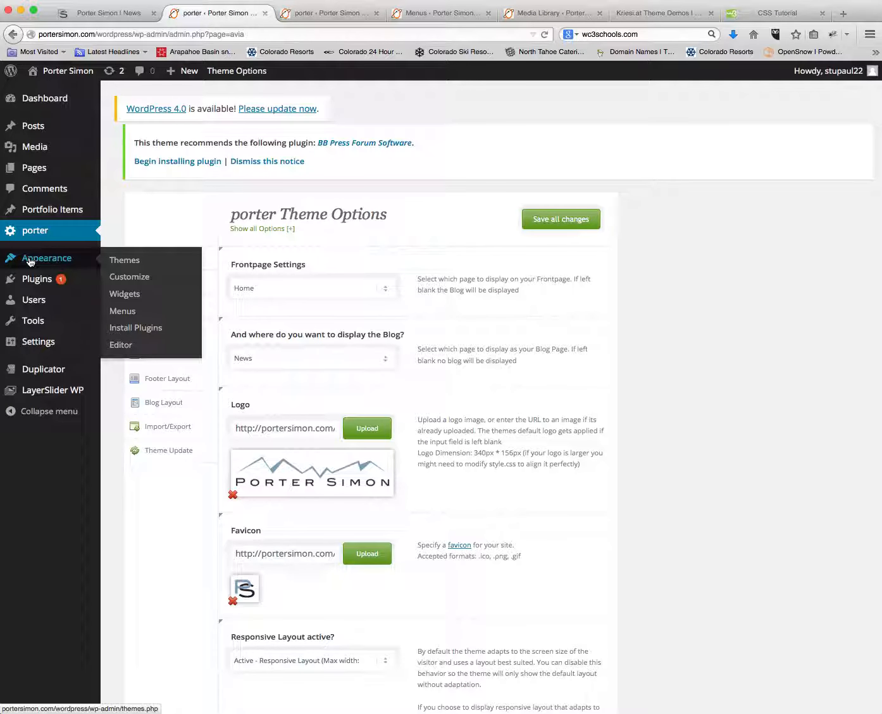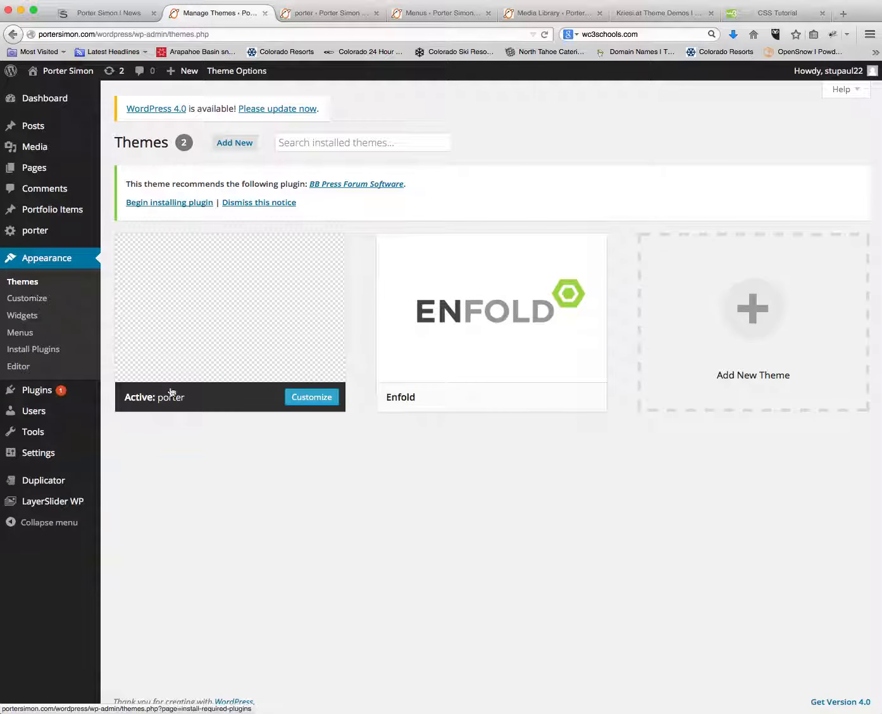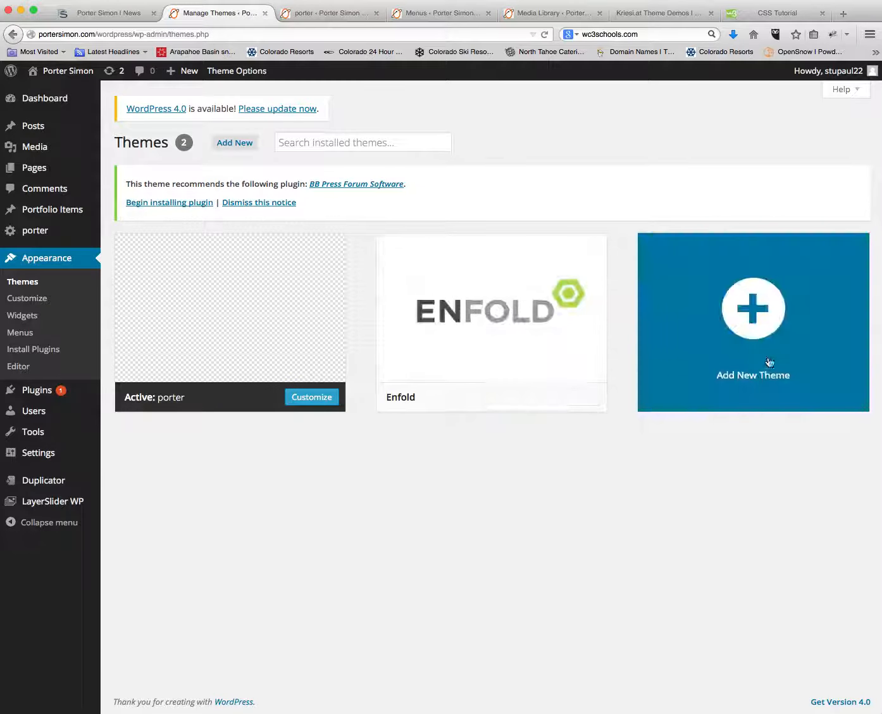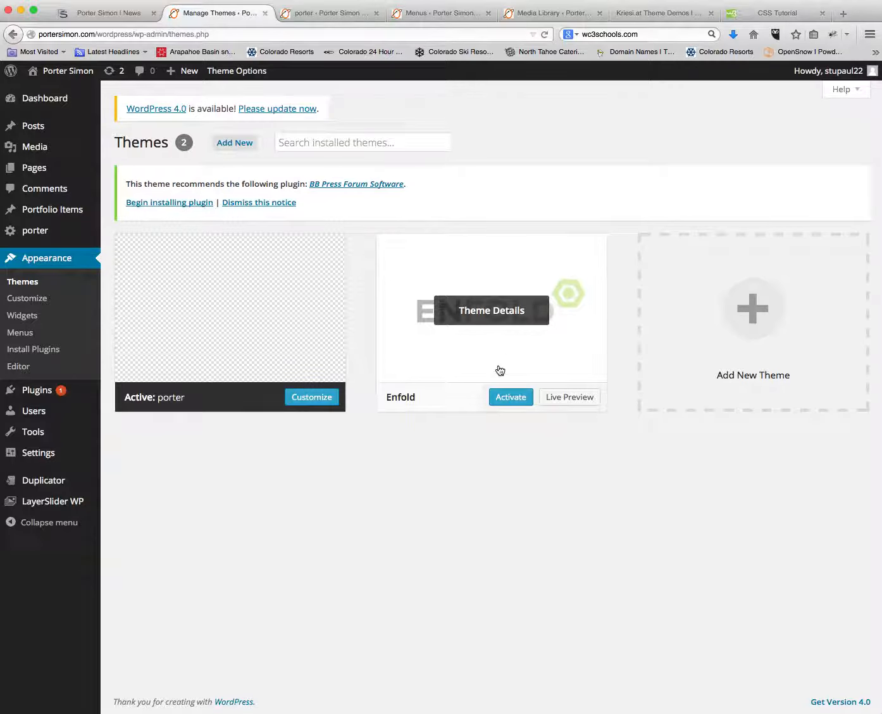Okay, let's take a look at this appearance menu. There's a number of things under here. So the first one is the themes page, and you never want to change the theme because it'll mess everything up. You're using the Enfold theme, but what I've done is I've created a child theme called Porter, and that's the one that you're using, and that reads from Enfold, but if you ever update the Enfold theme, the customization